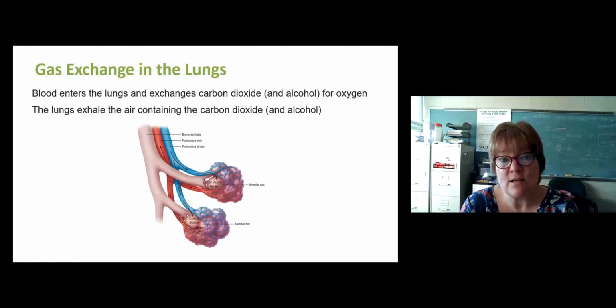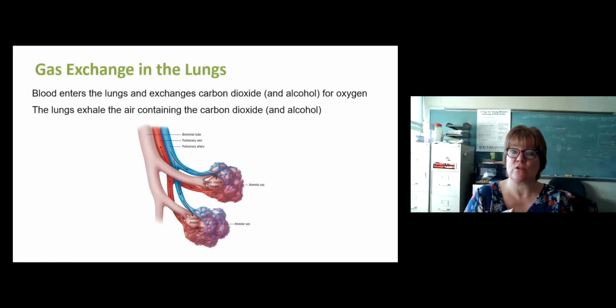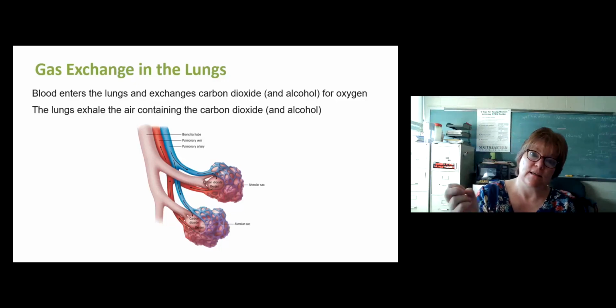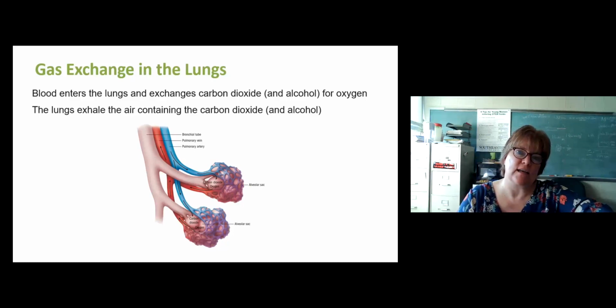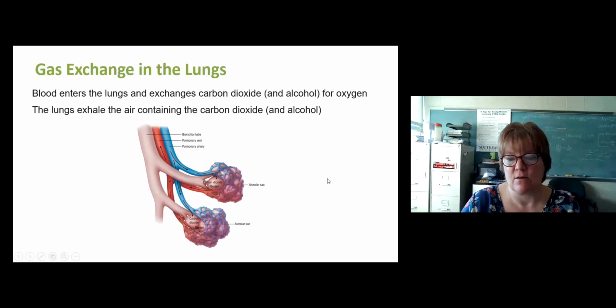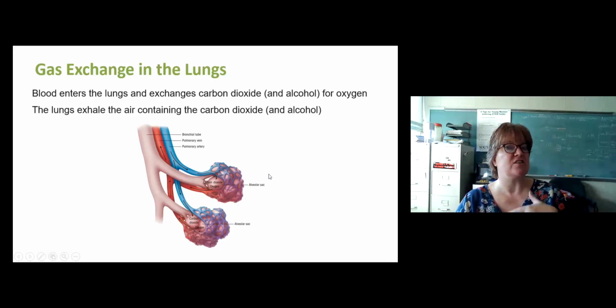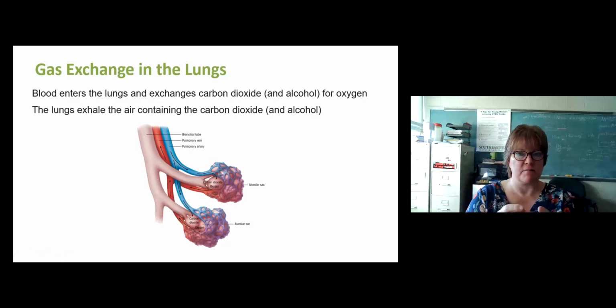So again, when we get to the lungs, there's this general process in which the carbon dioxide our body has made gets exited out and exchanged for oxygen, which our body needs. We call this respiration. And as the carbon dioxide is leaving and getting put into the breath, so is some alcohol. That's what we see happening here. This is the breakdown of the very specifics. We just need to understand the generic idea that some of the alcohol in the blood leaves with the carbon dioxide and gets into the breath. But it would be a small amount.